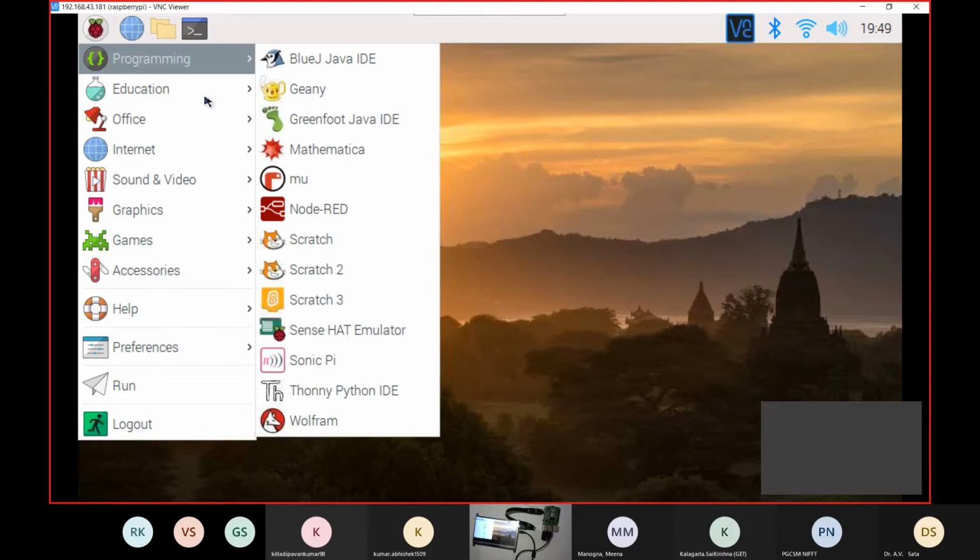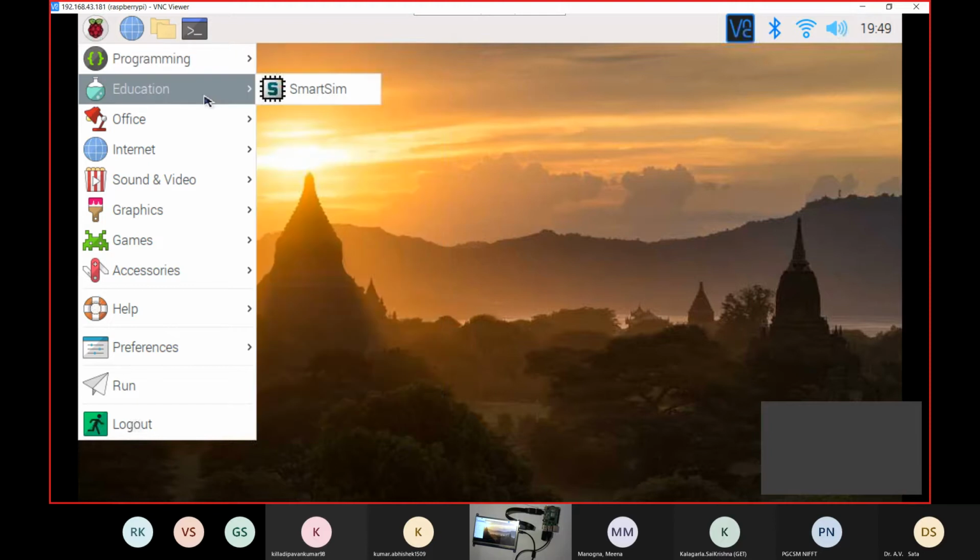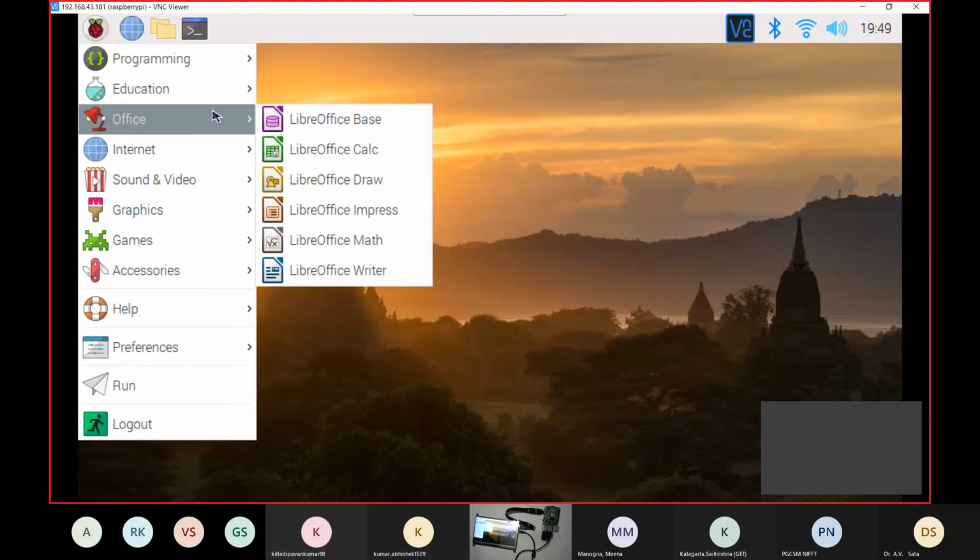There is an education system, which is SmartSim. There is LibreOffice to connect with. We have Microsoft Office in Windows for different purposes. Similar to that, there is LibreOffice Calc, Base, which is similar to Word, Excel, and PowerPoint presentations in different manners.